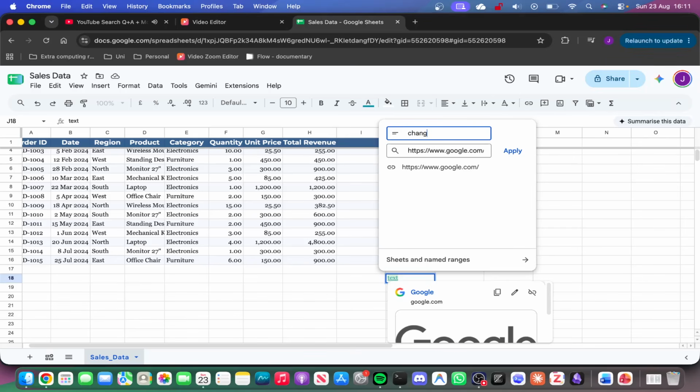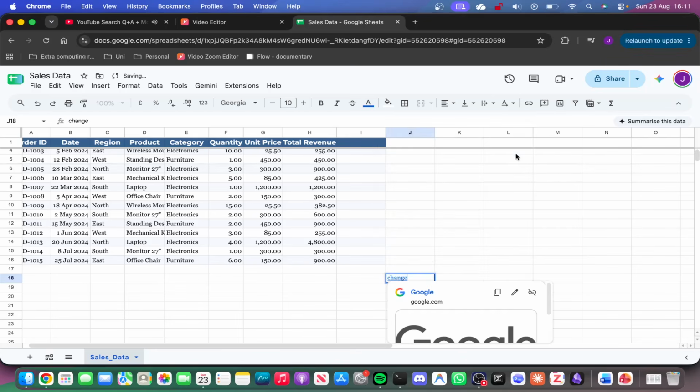When it all looks right, hit the Apply button to commit the link. The pop-up closes, and the active cell now contains underlined, clickable text that opens the linked page when clicked. Selecting the cell afterwards, like cell J18 here, brings the same floating card back so you can review or tweak